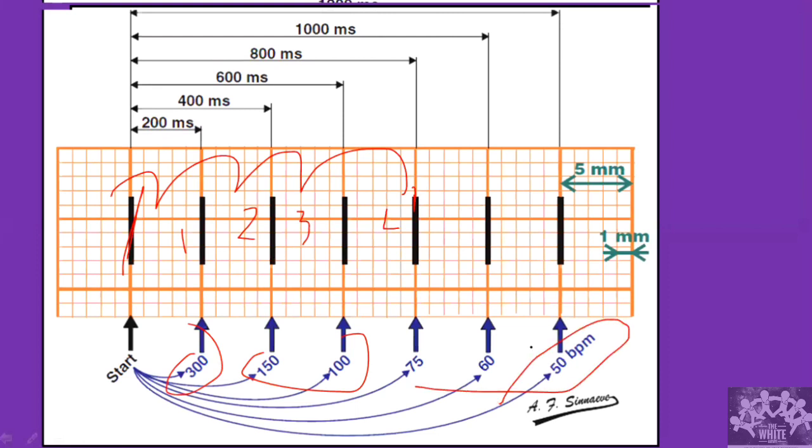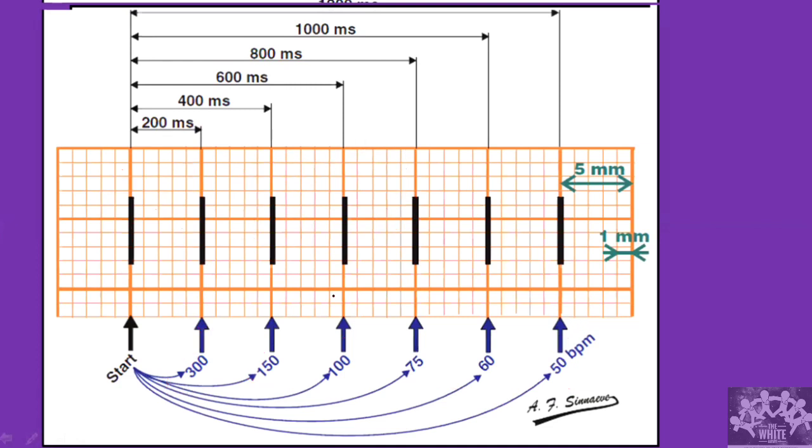The reason why you remember these values is that it is very quick at the bedside to say the approximate heart rate. Let's say you calculate very specifically at 62, and the exact heart rate is somewhere around 60. Does it make any clinical difference? Not at all. The clinical difference is whether I have a tachycardia or a bradycardia. And you compare it in the clinical scenario. The patient has an obstructive jaundice and you are seeing the heart rate at around 50. At that time it becomes significant.